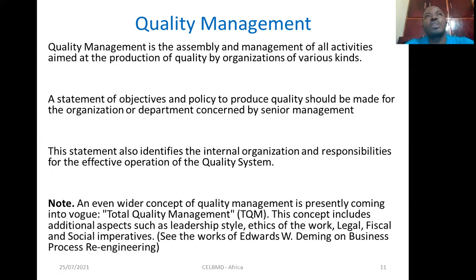If you do a little study, E.W. Deming was the one who was hired by the Japanese government after the Second World War to direct the rebuilding of the economy of that country. And that's why even till date, anyone who has been in the practice of business and seeks quality will in one way or the other make reference to or adopt the learning style of quality production from the Japanese.